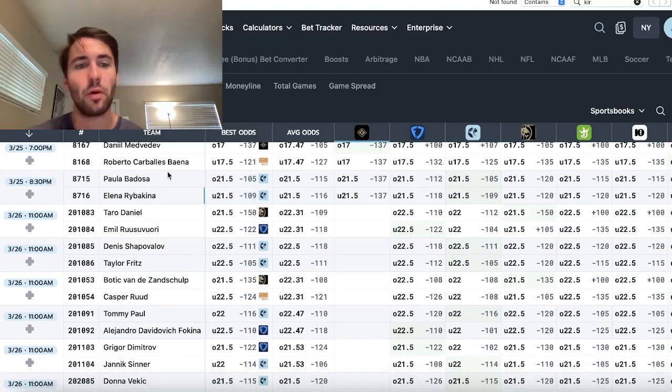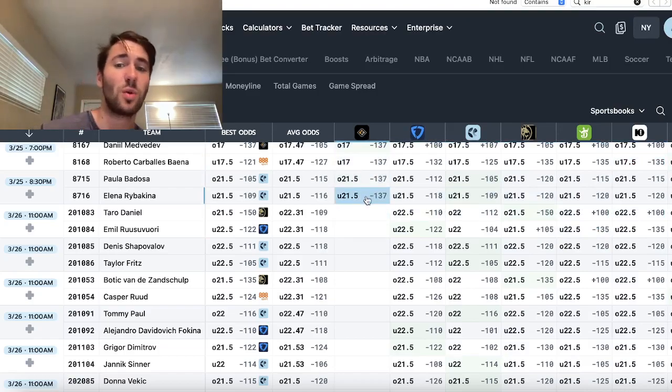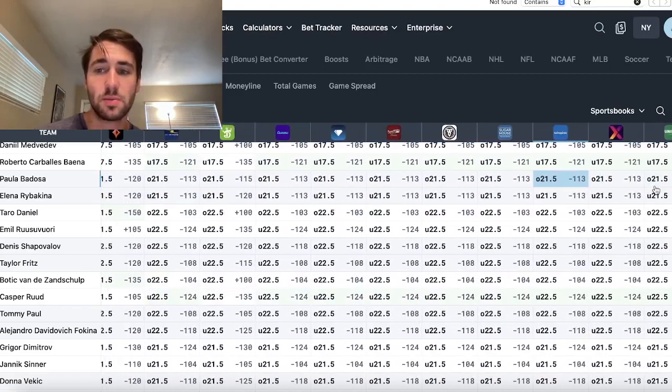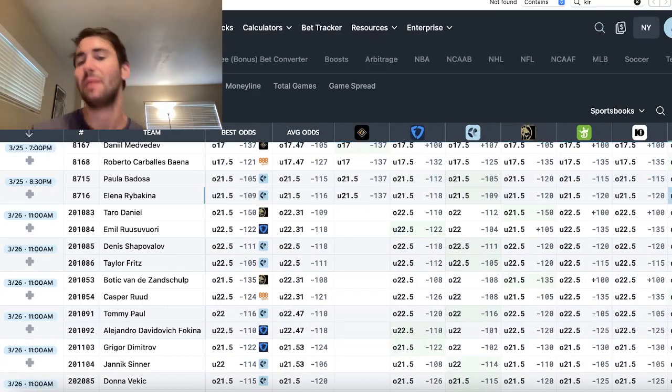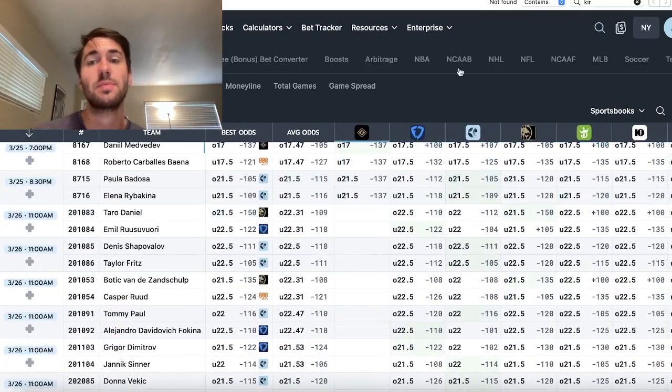As an example, this play right here, Paula Badosa versus Elena Rybakina, I don't know anything about these players. I'm literally just following the market, day trading sportsbooks, hunting for value. Here, I don't want to make a play on PrizePicks. PrizePicks has the line at 21.5. So does FanDuel, Pinnacle, BetMGM, DraftKings, 10Bet, 888 Sport, and all these other sportsbooks. You have dozens of books setting the line at basically the exact same level, exact same odds. There's no value in the market. So I don't want to make a play here, right? That's why I don't have a play on this tennis match.